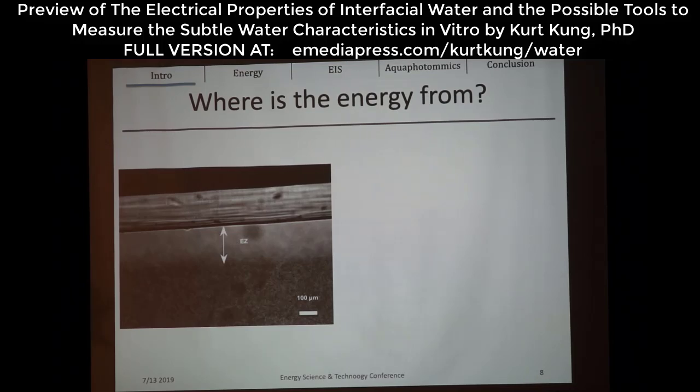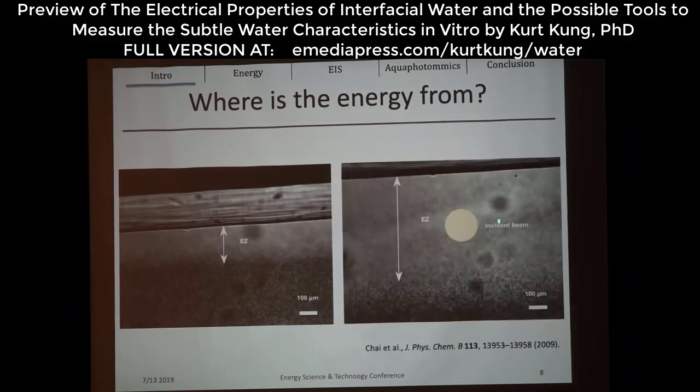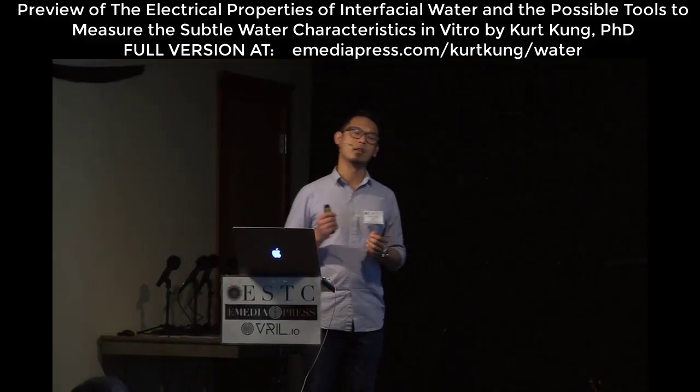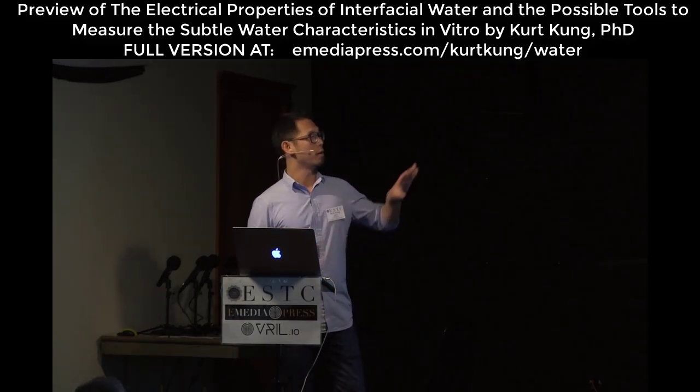So once you have this, it turns out that if you shine infrared light, really, really weak infrared light, no more than 10 microwatts, but you can precisely locate the light at the exclusion zone, within a few minutes, no more than 3 minutes, I would say, we would usually observe the exclusion zone expand up to 10 times its original size. So that's pretty cool. Indirectly we confirm infrared light is the original energy source that makes this charge